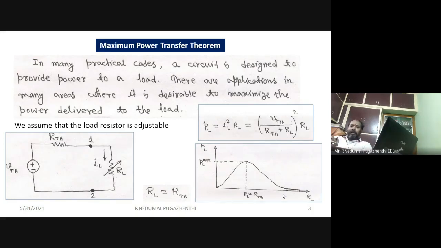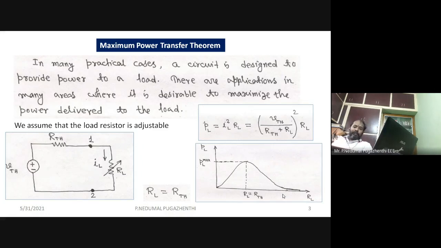And depending upon the load which you are using, it consumes a required amount of power. If you take an air conditioner, it consumes 2000 watts. If you take some mixie, it consumes 750, 600 watts, etc. Okay, so there is a need for transferring power from one point to the other. The ultimate aim for a circuit is transferring power from source to the load.